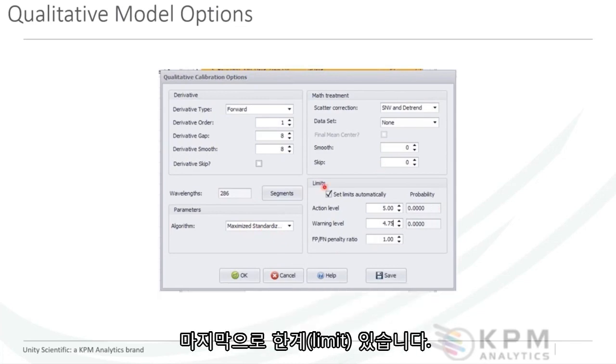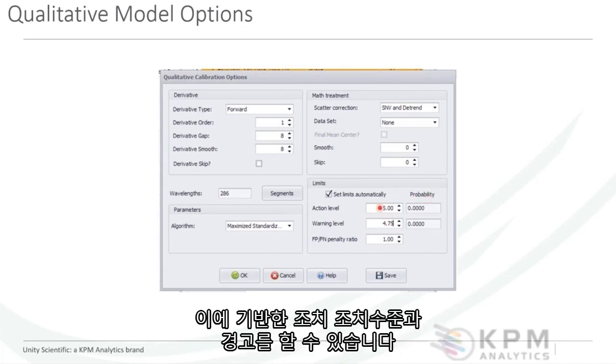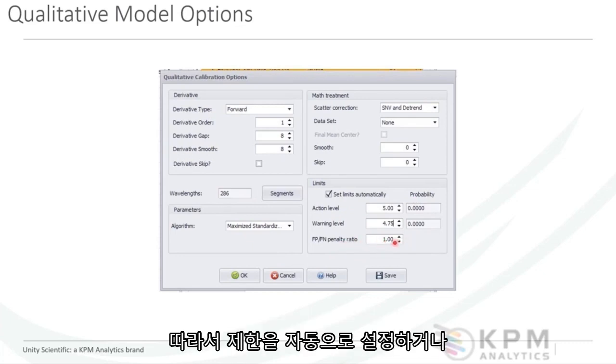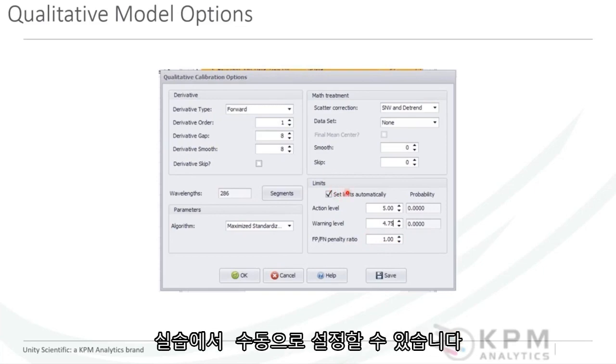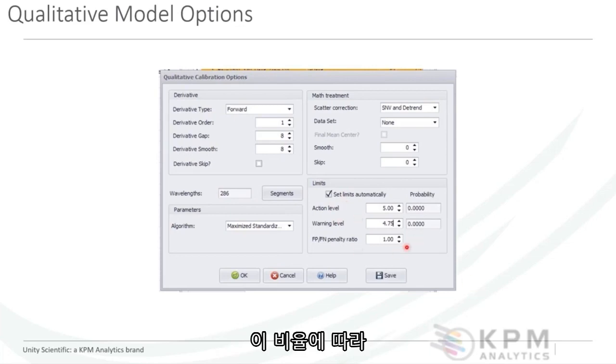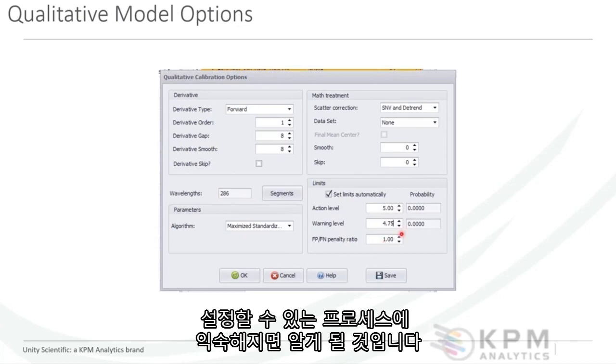And finally, we've got limits. So we've got our standard deviations, our distances, and probability. You've got action levels and warnings based on this. And you've also got a false positive, false negative penalty ratio. And we're going to talk about this, okay? So you can either set the limits automatically or you can set them manually. And the exercise will walk you through it. There are benefits to both. I think I would start out setting the limits automatically and adjusting based on this ratio, but you'll see once you get comfortable with the process that you can actually set them